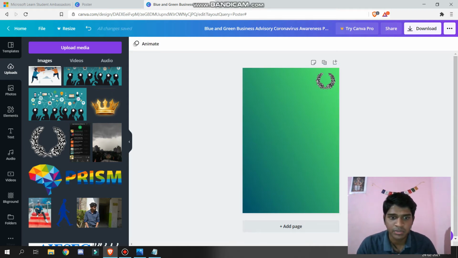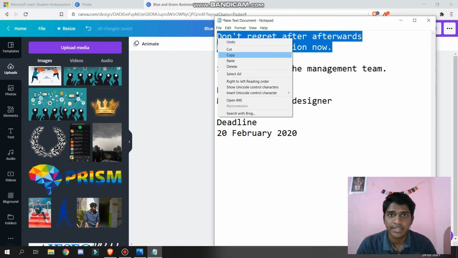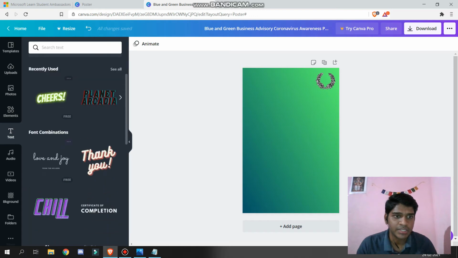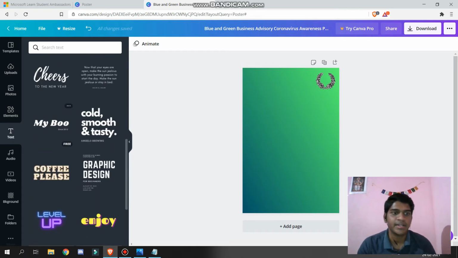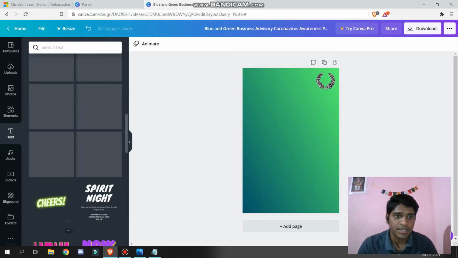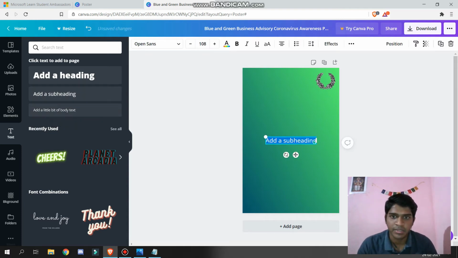So now let's come to the content part. I will just simply copy from here what my content is and go to text. For now, it's not necessary that you get confused with a lot of different font options you have over here. You can do it afterwards also. For now just take any simple one. This is the headline text you can use for headline. This is a little bit smaller size, and this is basically for the paragraph. This is like a subheading, and I mostly use subheading only.